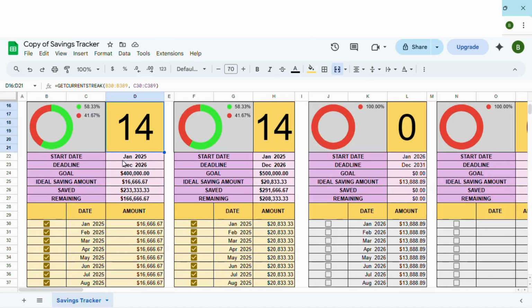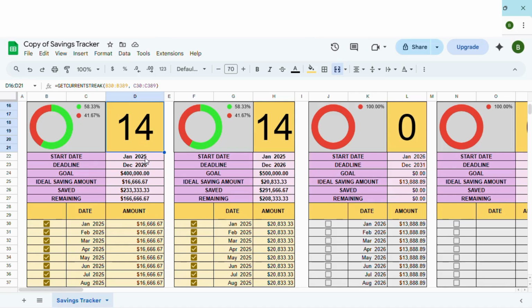Then we have start date, deadline. Start date, basically the date when you are going to start your saving journey. Then deadline, until the month or the date when you are going to save, then the goal, the amount which you need to save in this time span,